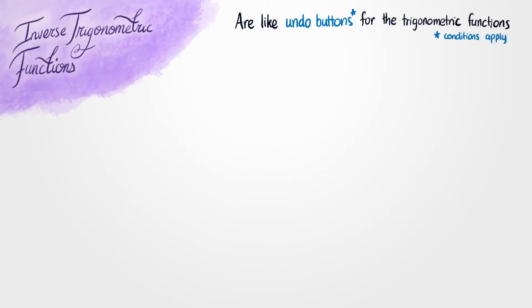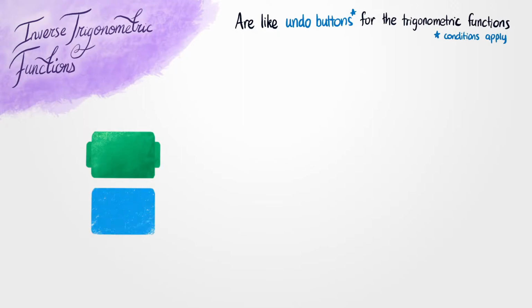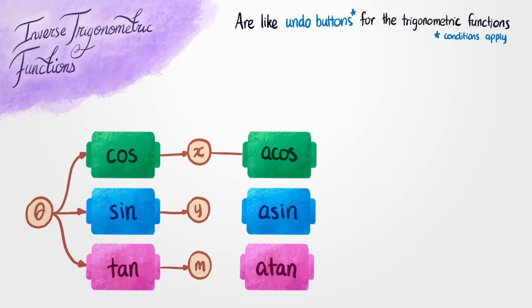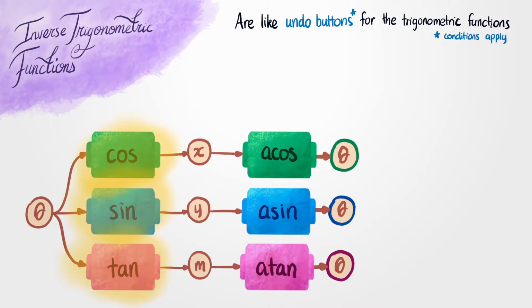by actually drawing on the trig functions and their inverse functions. As we discussed in an earlier lesson, these three functions are called the trigonometric functions. All three of these functions take in an angle that we call theta and use it to find a coordinate. From this coordinate, cos returns the x value, sine returns the y value, and tan returns the gradient to the